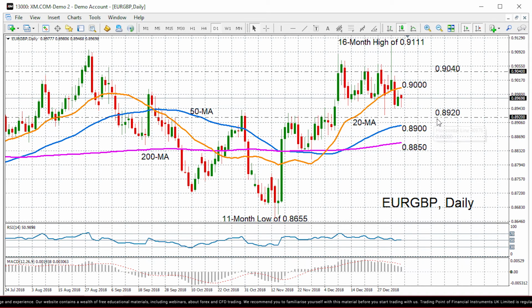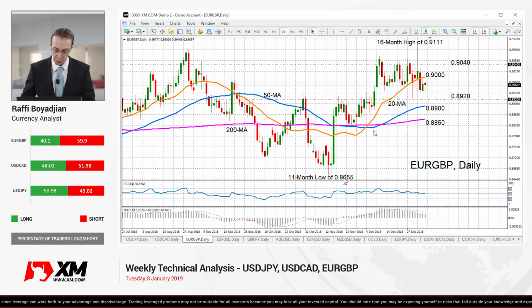To the downside, immediate support should come from around 0.8920. That was a key resistance level in the past, so it could act as key support if we see a further slide. And then below that there's the 0.89 level, that's the 50-day moving average, and then even lower there's the 0.8850 area, that's the 200-day moving average. And then if the euro pound doesn't manage to hold above its moving averages, it could head back towards that 11-month low of 0.8655 we saw